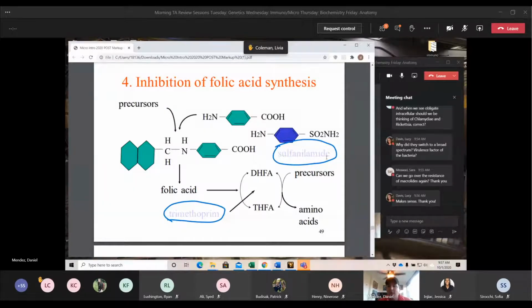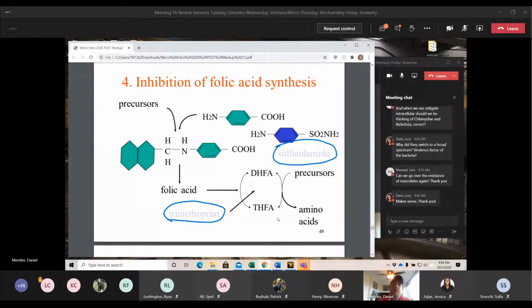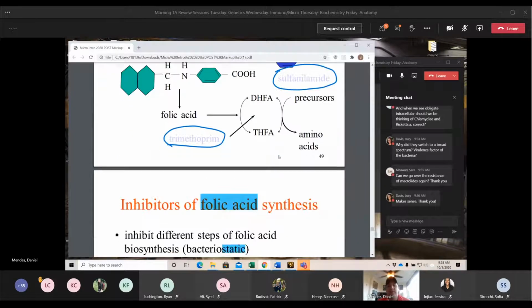So we have sulfonamide, which is just a conjugate form here of a precursor. And then we have trimethoprim, which inhibits that tetrahydrofolate reductase enzyme. So by doing that, we put a different subunit in here to prevent this precursor, and we also inhibit the enzyme that prevents the action of folic acid. Folic acid is used in creating amino acids and also in creating nucleic acids. So if we can inhibit both of those, then we can very strongly affect the bacteria.